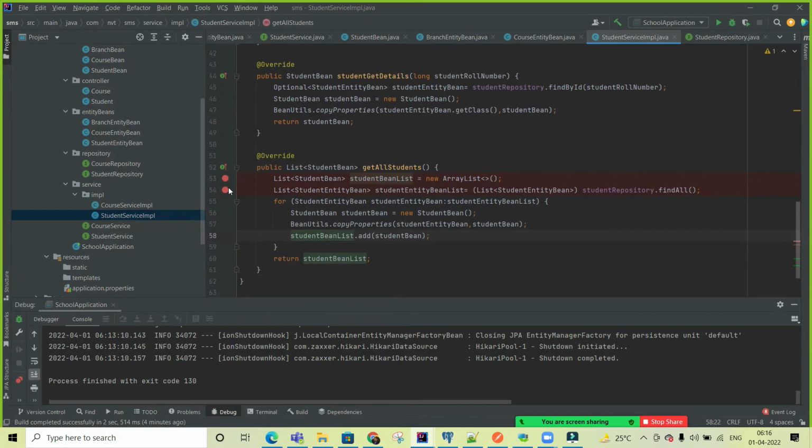One more question. Yes, I tried without the student bean. I directly gave the entity bean, the student entity bean, and that's fine. That's fine, you can do that. Actually, whatever you did, you expose the entity bean to the JSON. JSON means you are getting entity fields from Postman, and you are taking the direct entity bean fields from Postman to the application. Is it correct now? Yeah.